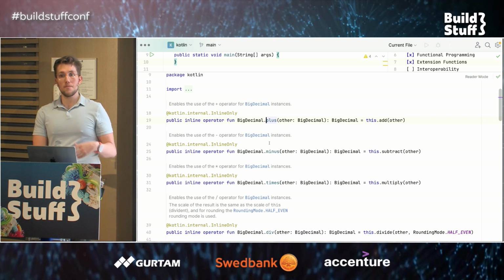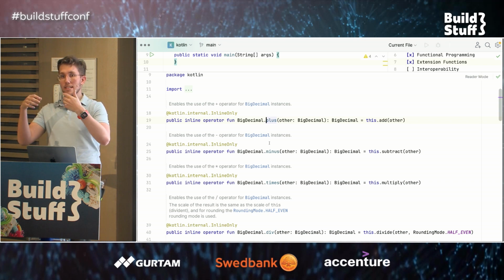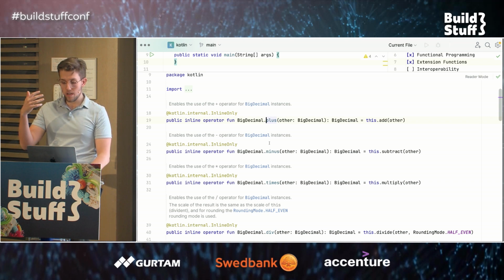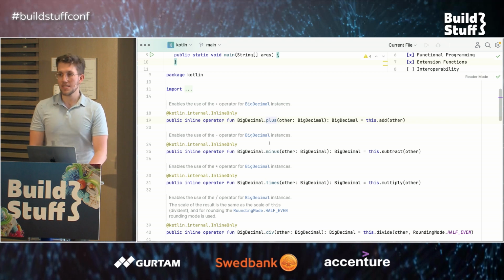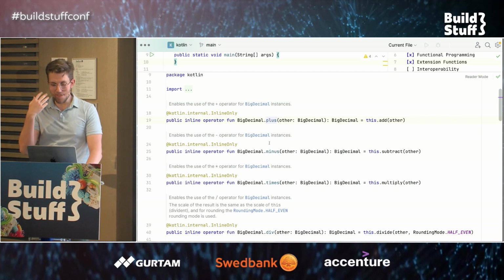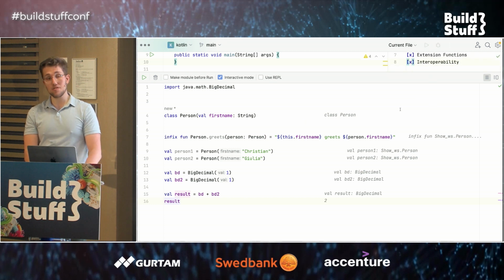What you can also do, for example, is you can say you have a person, and if you have person plus another person, you can say it creates a group object, for example. And you don't have to implement your own implementation for it, but you can just use plus, minus, and so on. And so maybe some people say, yeah, well, but I could override plus with minus, and of course you can do that, but that's your problem. You really have to think about this if you do this, and it should never go into live code. So, but before we end it, I'd like to give you the introduction to the interoperability,